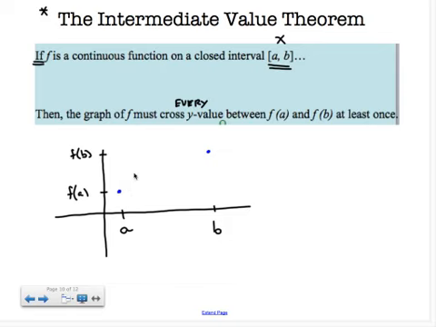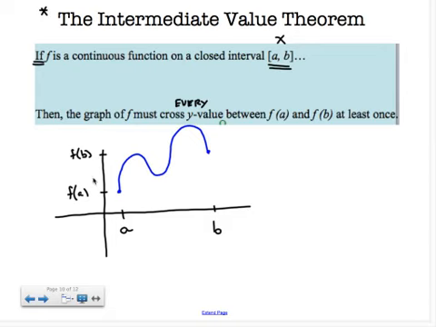Do I know what the graph looks like? I have no idea. There are many possibilities for what the graph of f could look like. One is just to connect these two dots with a line, but many other things could happen as well. But what conclusion can we make about the graph of f if it's continuous? Well, it must cross every y value between f of a and f of b at least once. Maybe more than once, but at least once, because it's impossible for the graph of f to skip y values